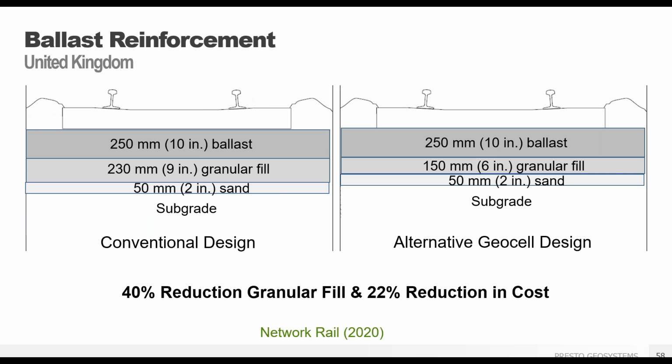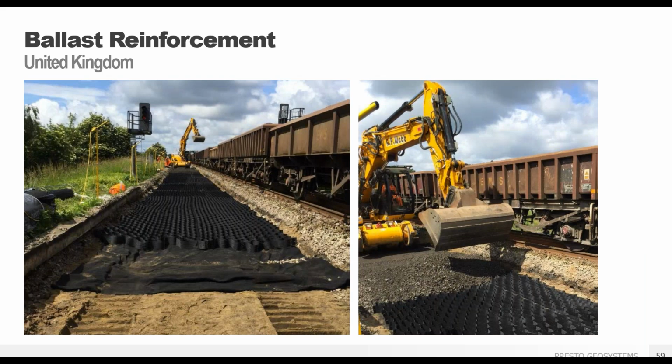Here you can see the model used to iterate different layer thicknesses, compared that performance to the baseline values of standard track design. So the iteration showed that using a track bed consisting of about 250 millimeters of ballast, 150 millimeter deep geocells filled with basically a low quality granular fill, and a 50 millimeter sand layer would provide the same performance. It would save about 80 millimeters of construction depth. So it really did save about 40% in that reduction of the cross-section area.